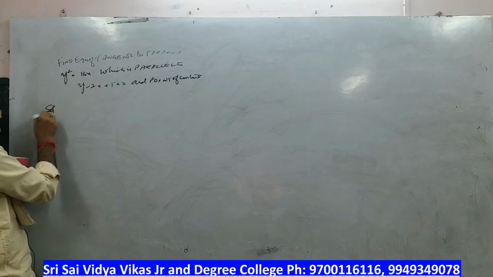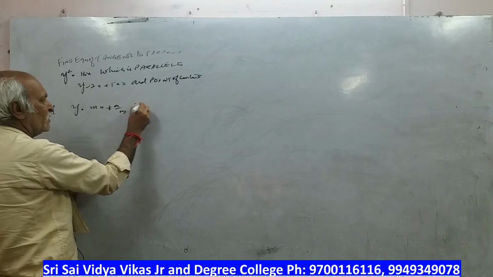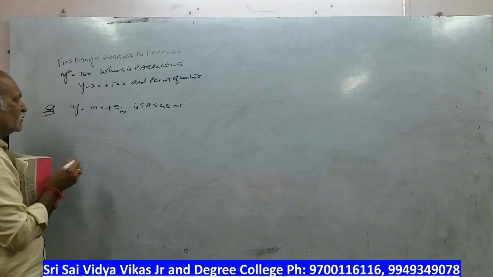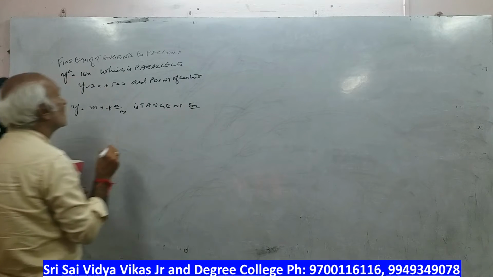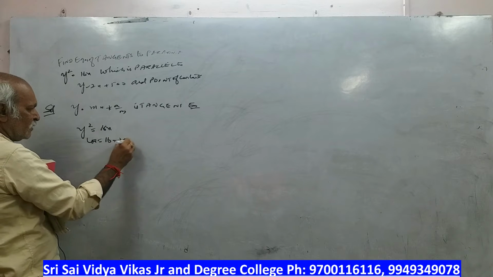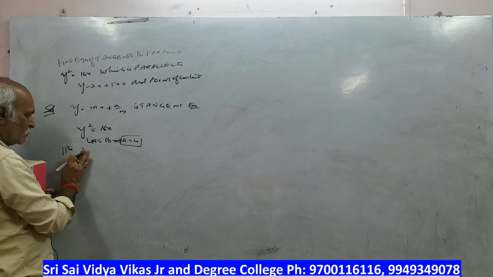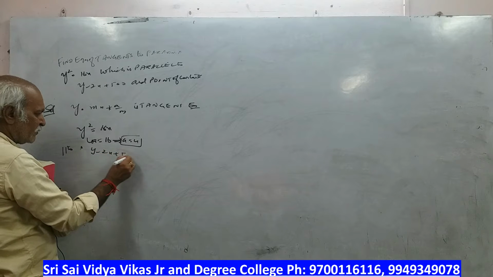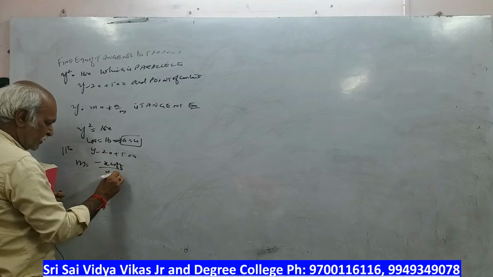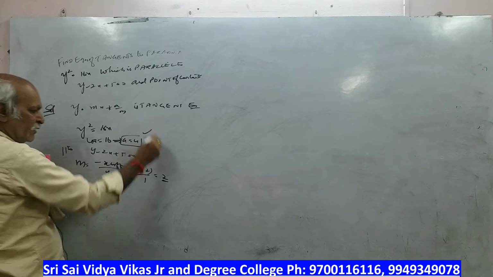Okay, solution. So y is equal to mx plus a by m is the tangent equation. So what is the parabola? A is given. So 4a is equal to 16, a is equal to 4. And it says parallel to y minus 2x plus 5 is equal to 0. So here m is equal to minus x coefficient by y coefficient. So minus of minus 2 by 1, 2 is the m value. You know a value, you know m value.